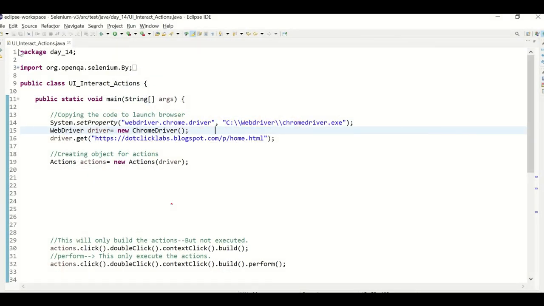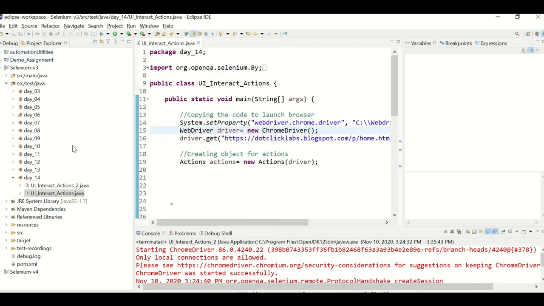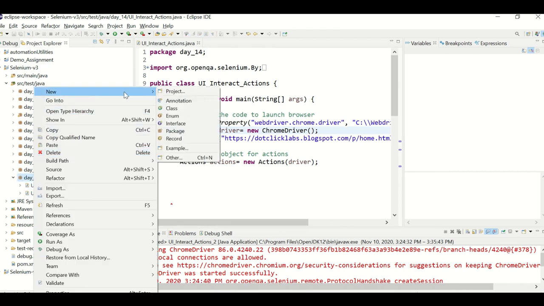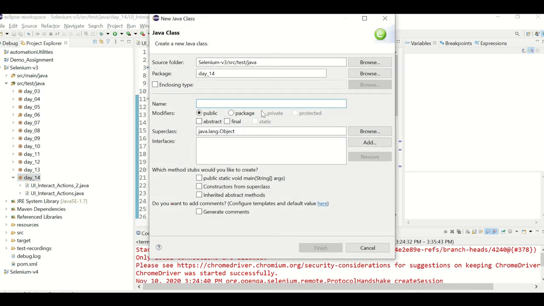This is my class which I already defined, and I have an Actions object, Actions equals new Actions with the WebDriver. Let me take a new one, UI_interact_actions_3.